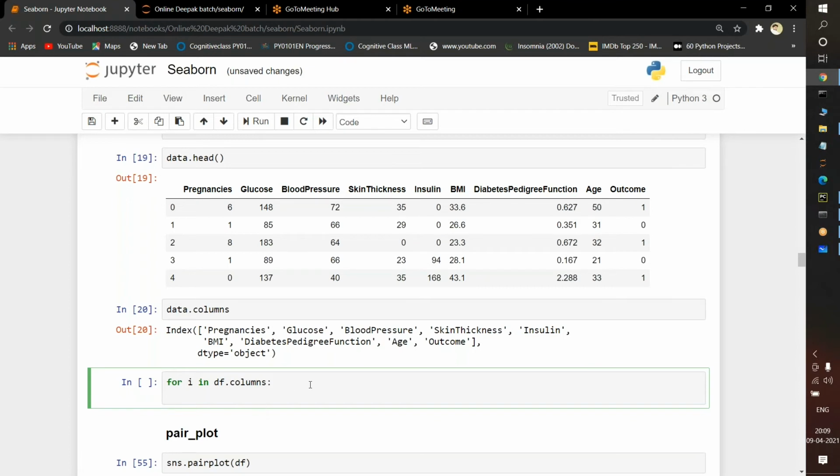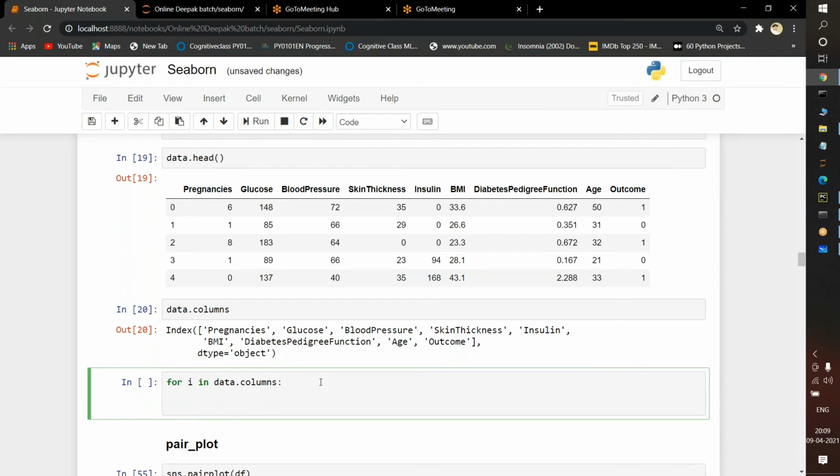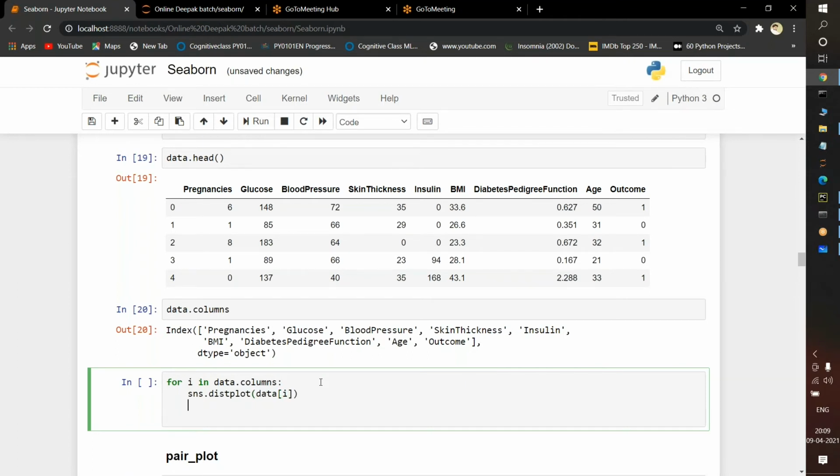For i in data dot columns, I am going to collect each and every column here. What I am doing here is sns dot distplot, I want to plot a distplot. I can pass it like this, data of i. What do you mean by this?